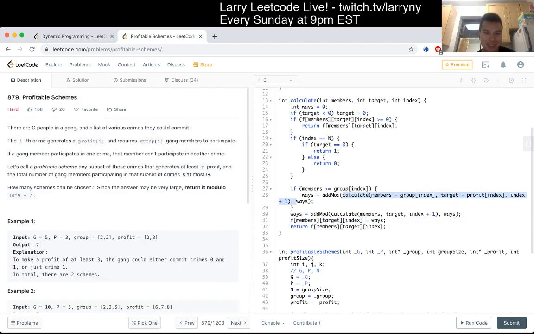crime, I feel like I'm going to be on an FBI list, because so many of these Leetcode problems talk about committing crimes for some reason. I don't get it, can they just be about baking cakes or something? I don't know. Anyway,